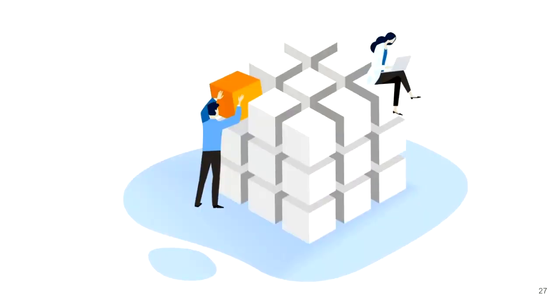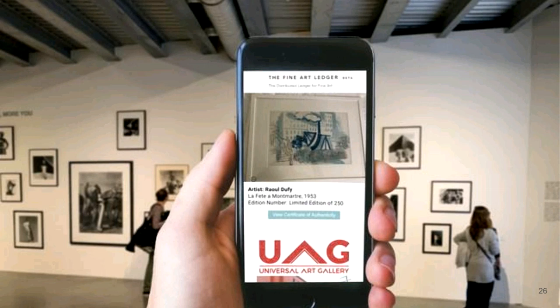Now, similar to art, we're going to look at a use case of real estate. But before we talk about real estate, stick on the art with me for a second. Can anyone tell me what else might be possible when we create blockchain records of fine art? Is there any new way we may be able to sell these things? A new way to interact with them? Does anyone have any ideas?